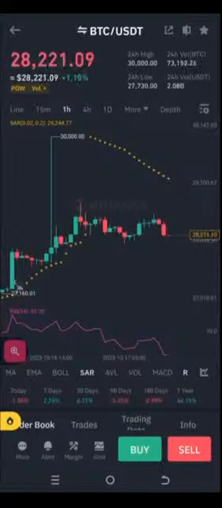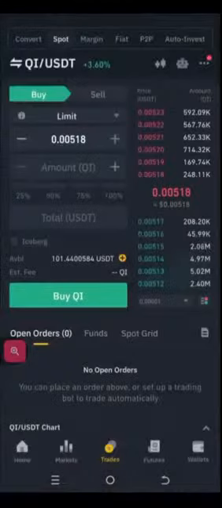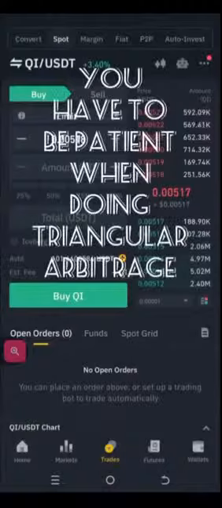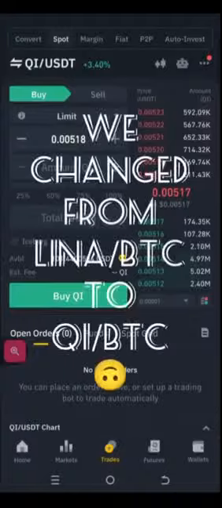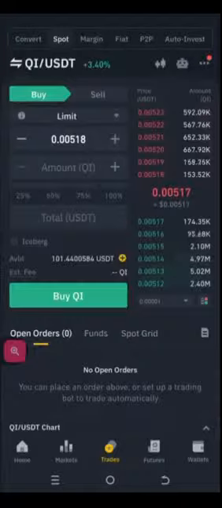But anyways, it's not about BTC. It's actually about QI USDT, and that is our triangular arbitrage. And it's good. We were able to make money. But let me tell you something. You're doing triangular arbitrage, you gotta be patient, because you never know when it's gonna come out. And the reason why this took quite long, about 9 days, was because of the bloodbath that happened, and we had to change from Lena BTC. Remember, go all the way, change to QI BTC, and then sell for profit in QI USDT. So it took a long journey, right? It took a long roundabout